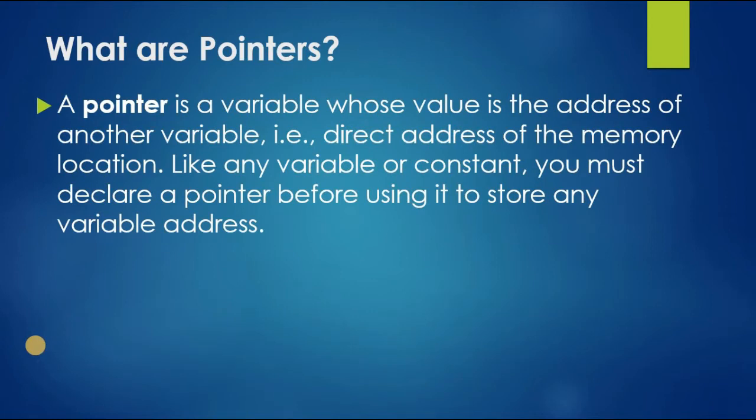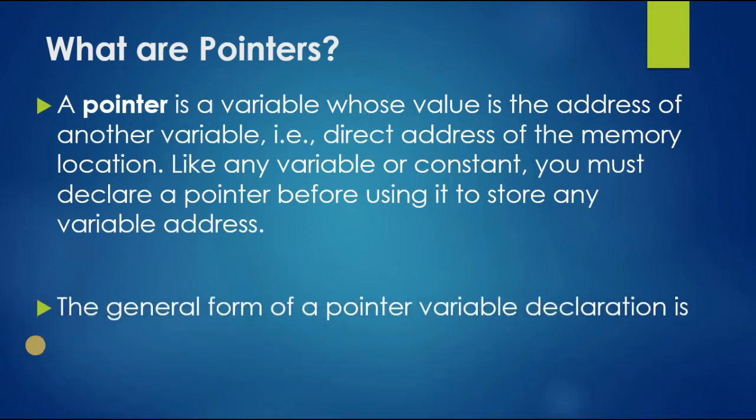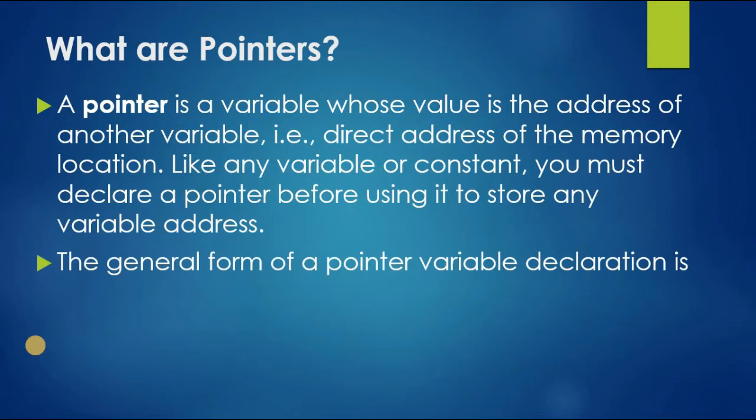A pointer is a variable whose value is the address of another variable, that is, the direct address of the memory location. Like any variable or constant, you must declare a pointer before using it to store any variable address. The general form of a pointer variable declaration is